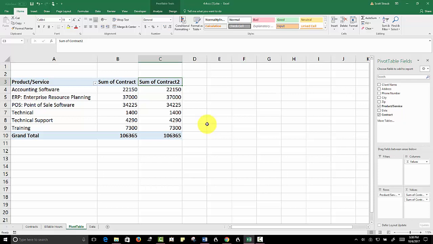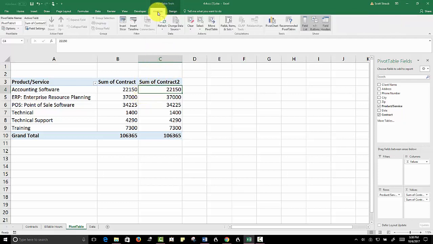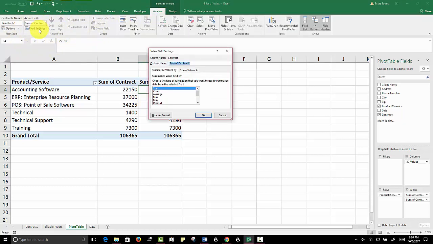Step 14. It says select cell C4. And then click in the field settings. So what we need to do here is choose the Analyze tab, and you should have under Pivot Table Tools up here Analyze and Design. Those two tabs should be available to you. If not, make sure you're clicked inside the pivot table. Then I'm going to click on Analyze. Once again, this might be a little hard for you to see, but up in the left-hand portion of the screen, it says Field Settings. I click it,